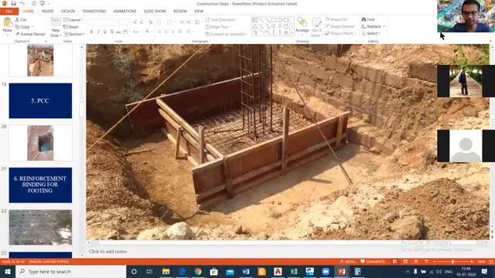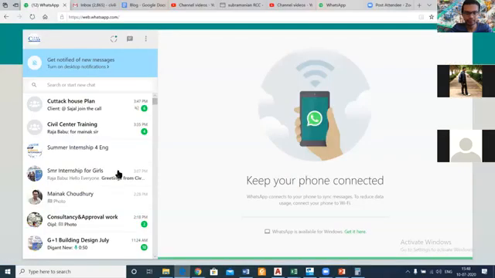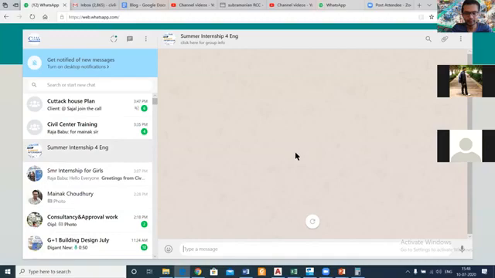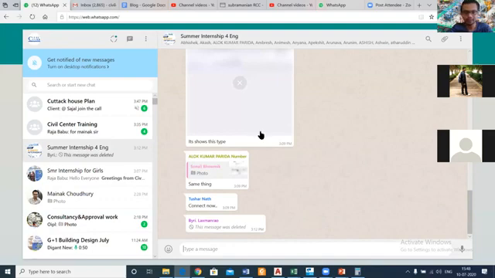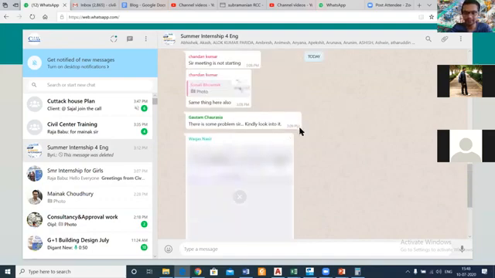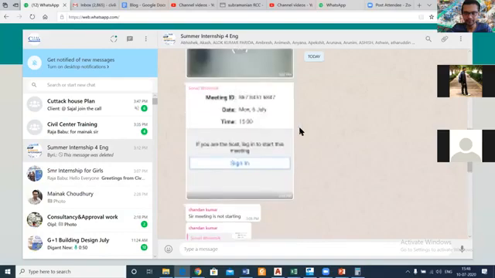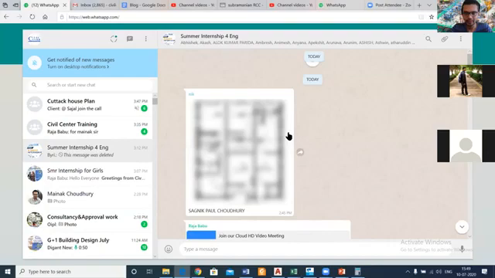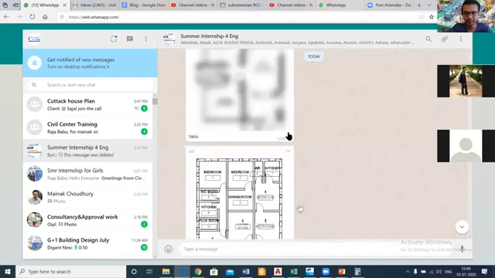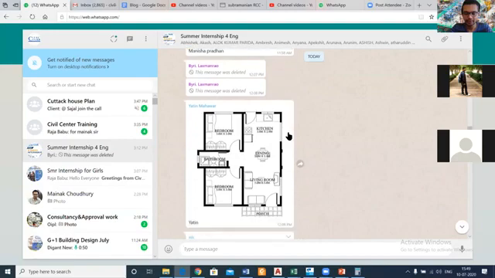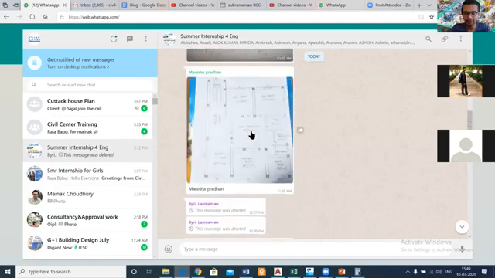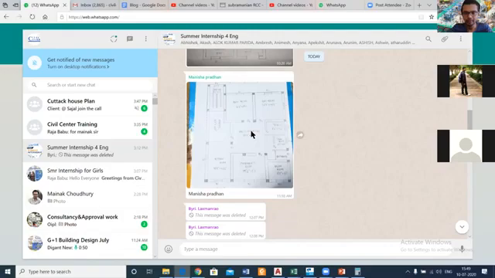So let's see if WhatsApp has opened. Now let us pick one of your plans, and then we can see. We'll discuss some concepts about planning. The purpose of giving this task was, let us see one of the plans. Sagnik, Yatin. Okay, just pick this one. Manisha Pradhan.